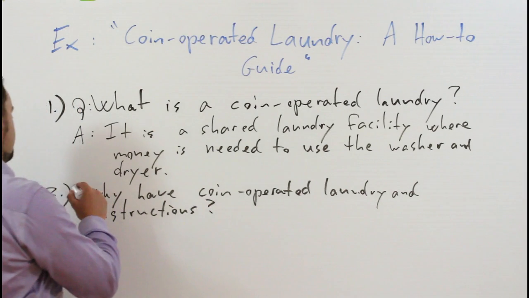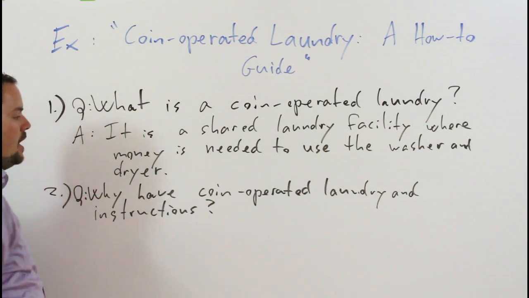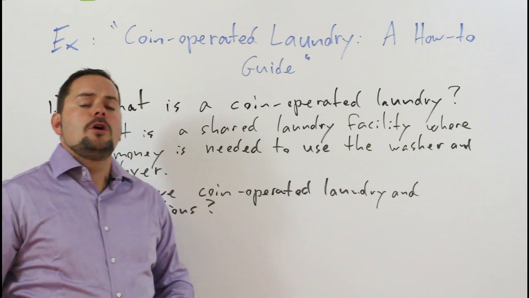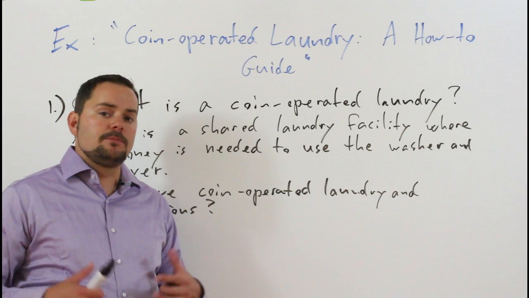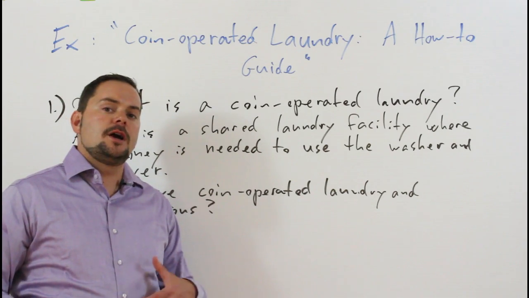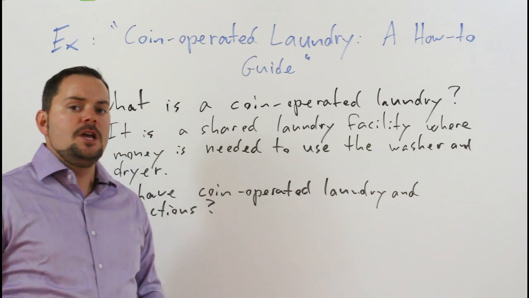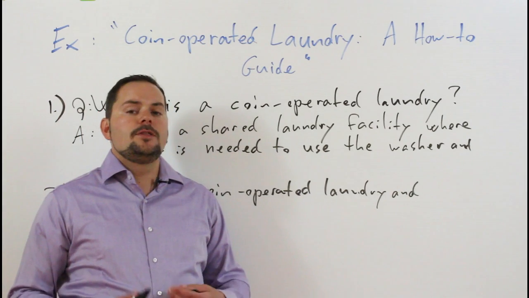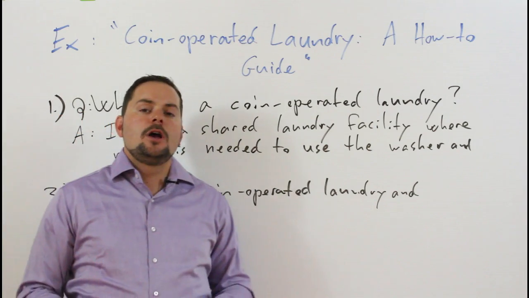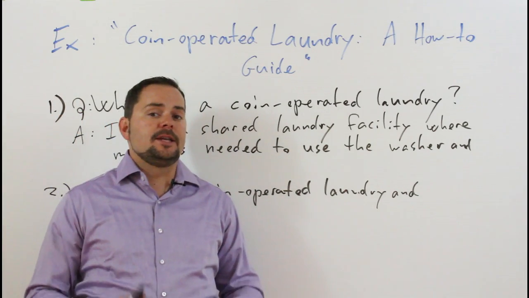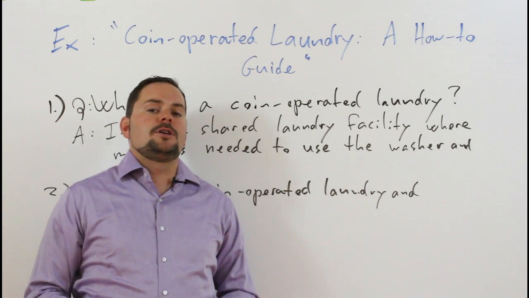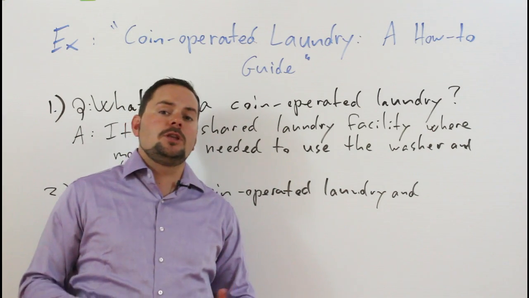So this, of course, is your second question. Again, you would want to give a complete answer, not too short, not too long. One kind of skill that can help you with this is to visualize the situation. So imagine that you are traveling somewhere or renting an apartment and you're using this coin-operated laundry to clean your